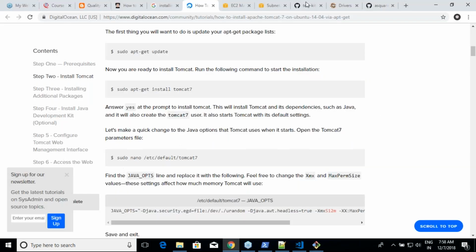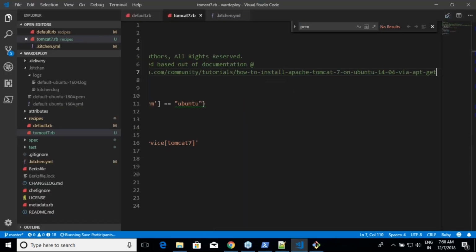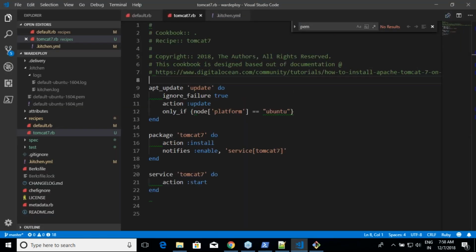Because tomorrow if something goes wrong, you can always come back to this page and see why it is not working. Even if some other person is referring to this cookbook and you are not available, he can understand why you have written your steps like this. So that's the reason I want you to be very explicit whenever you're doing this. Okay, now